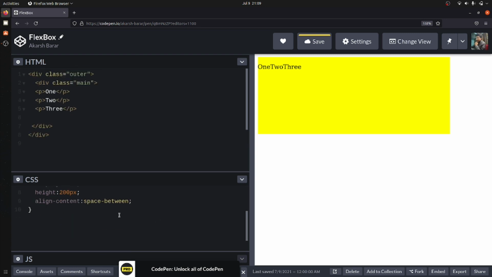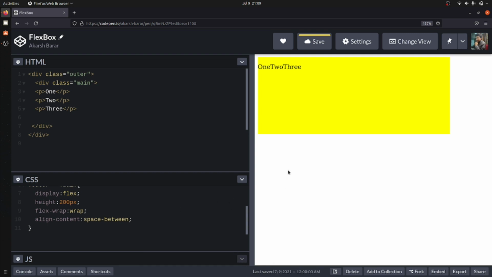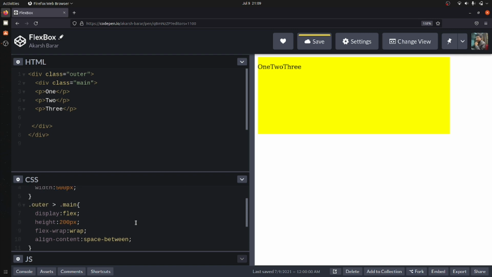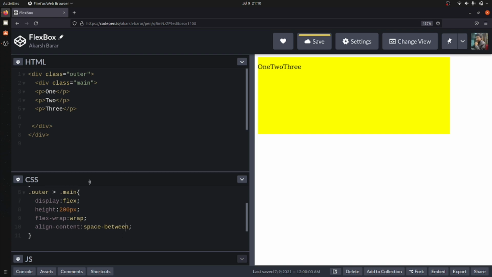Yeah, sorry, for using align content we have to give flex wrap also, and the flex wrap is wrap. Space between is right, flex wrap spelling, align content, yeah I spelled it right. Why is it not doing it?